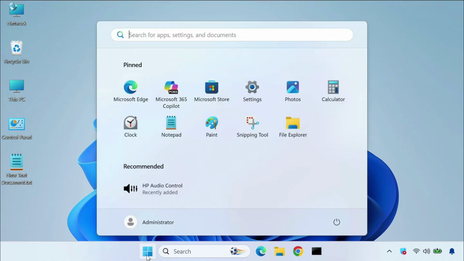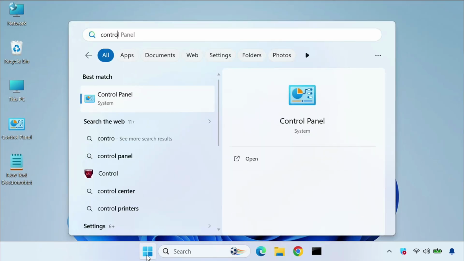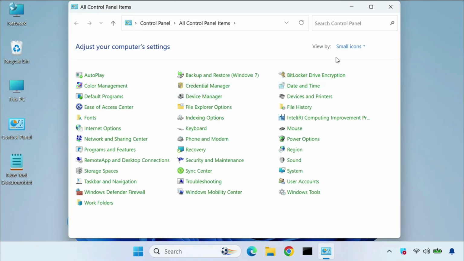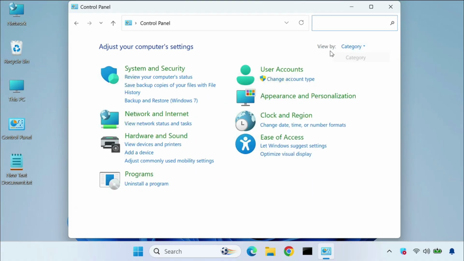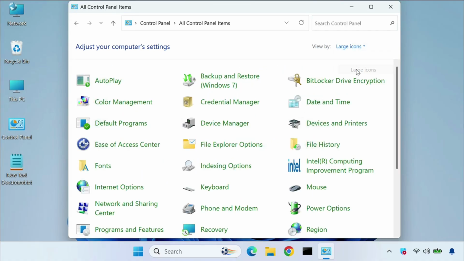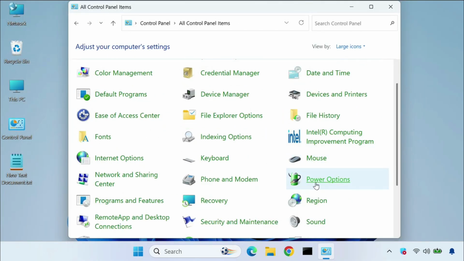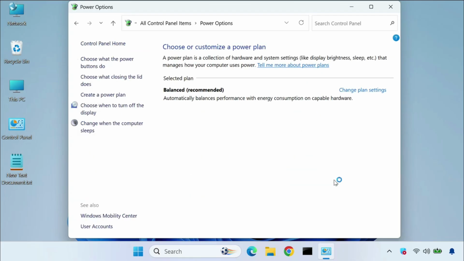Then next, again click Start, type Control Panel, open it, click View by category, small, large, any, and then find Power Options, click on it, and then click Change plan settings,